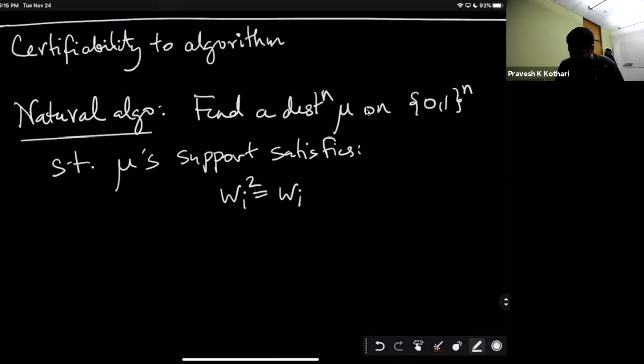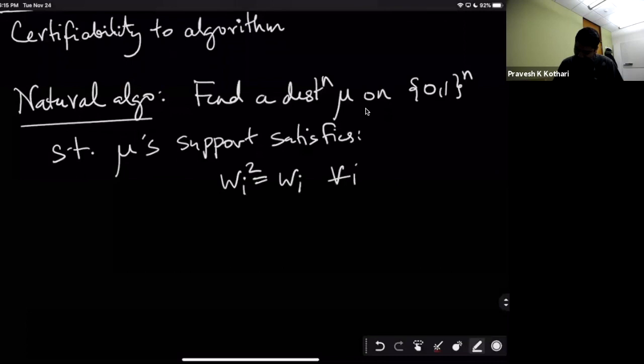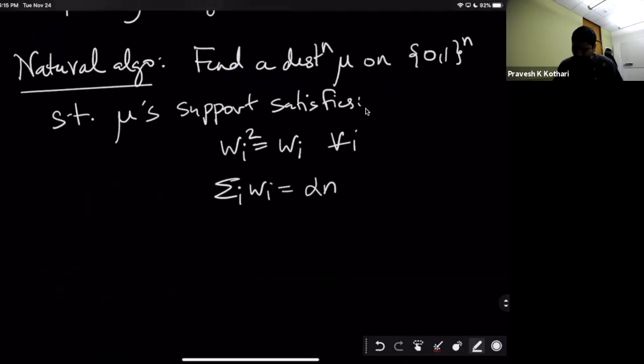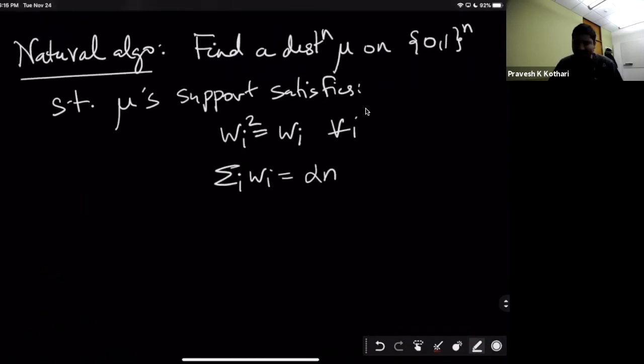And to force the fact that I'm only going to look for W which are 0, 1 to the n, I'm going to force that Wi square equals Wi for all i, which we've been doing for a while. I'm going to force that the sum of Wi is alpha n. This is the size constraint that we checked. And now I have to force a constraint that says that W should be a soluble set. So I'm going to force the following thing, and you'll tell me that this is a reasonable thing to do.